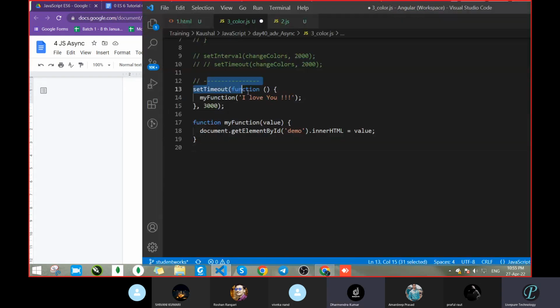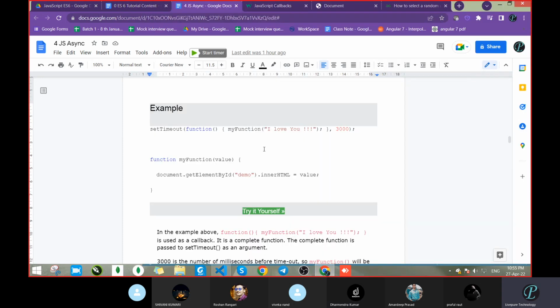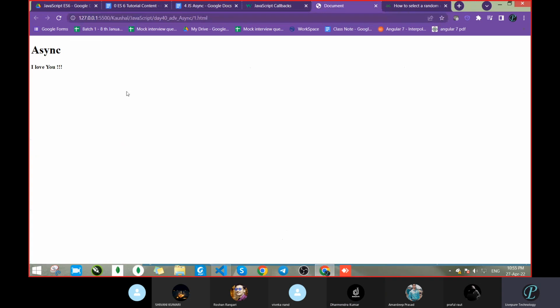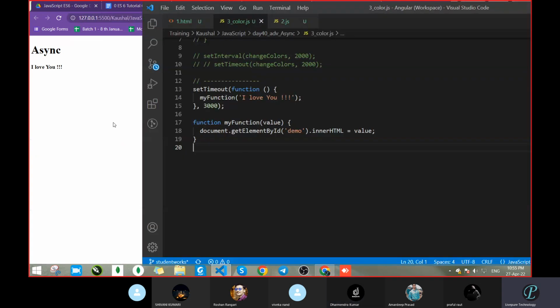Okay, so what are we writing here? We are writing set timeout. Let's save. What is it going to do? See, it will print here itself. Yes, it printed the value. So what have we done here? The function is written, and then the timeout function, my function, then this one. It is printing the value: my function, document.html equal to value. Here we had written value and my function, we passed the value here.